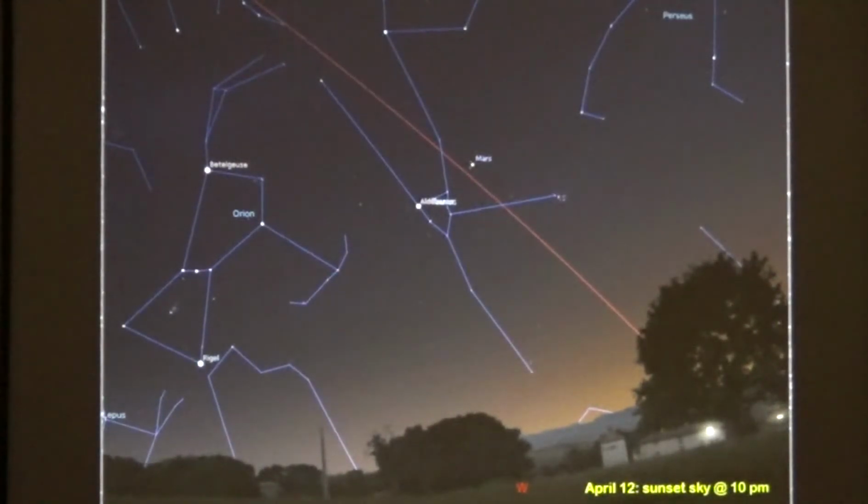Wanted to talk a little bit about the sunset sky. The only thing we've got out in the sunset is Mars here, and it's been there for quite a while. It's in retrograde motion, which means it's moving back this way, so that as the sky itself starts to sink into the sunset over the next months, Mars itself will be moving backwards, and so it'll hold its position at approximately the same point in the sky. It's not very well positioned, but it is there, one of the brighter things,